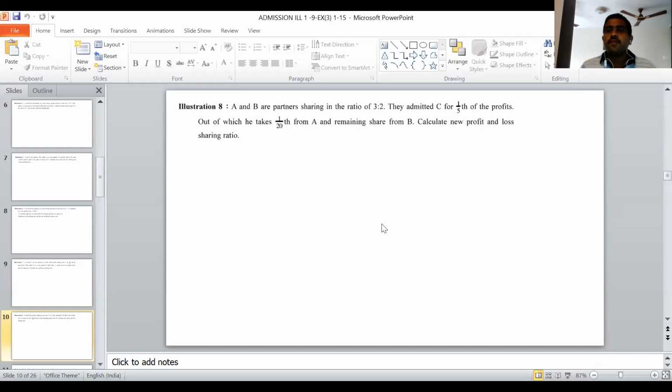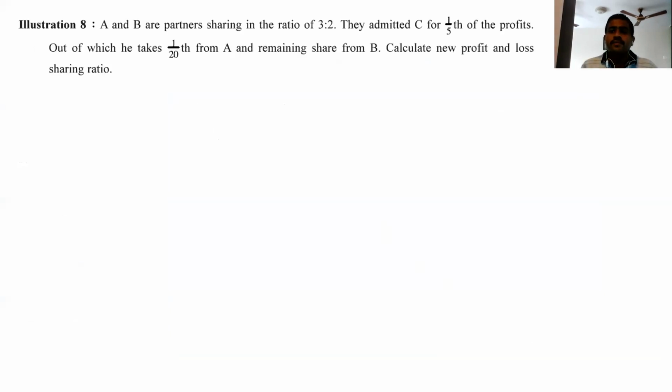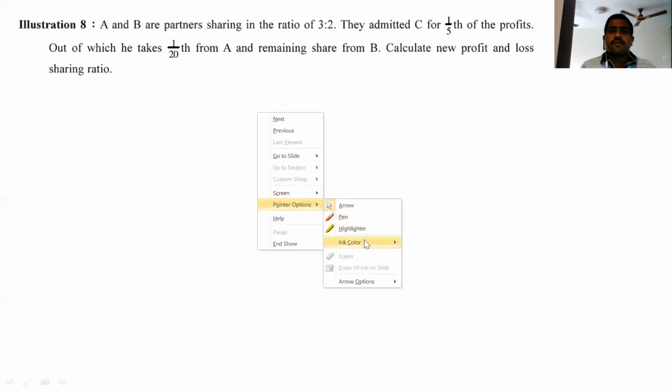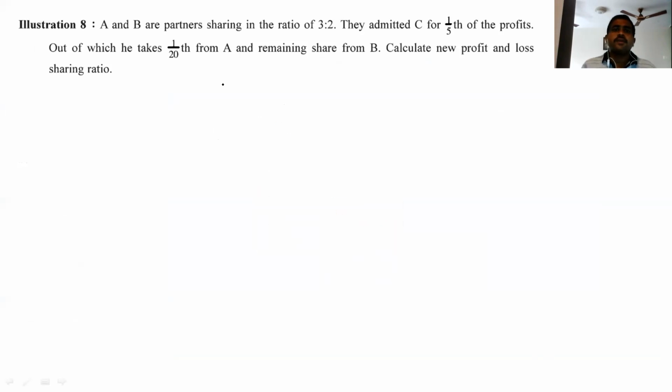Friends, we have started with the topic admission of a partnership, and we have done up to illustration number 7. So, friends, today we are starting with illustration number 8. Take your pen, pencil, rubber, whatever you require. This is a very important sum also. All the sums are important. 8th and 9th, after that, we take the exercise questions. We have already discussed up to the 7th question and maximum points have been covered. Now we are taking illustration number 8. So let's see, friends.